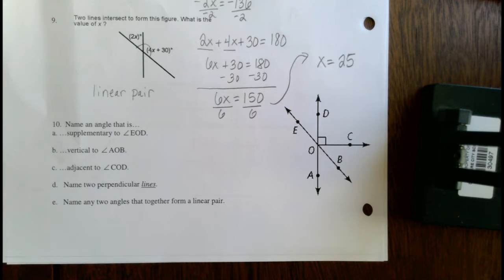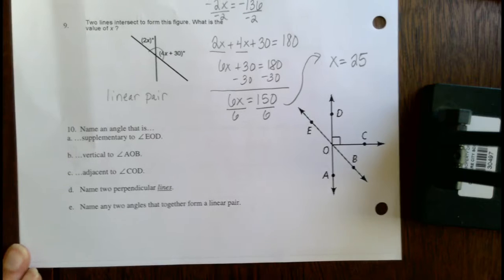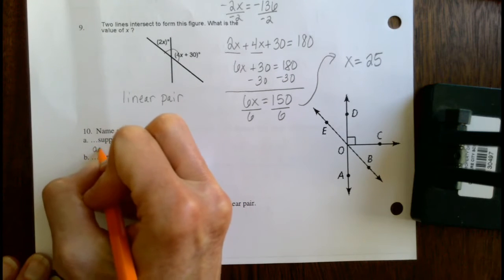As I've said in class, vocabulary is really important in geometry. We need to know what the words mean to answer the question. So the first one says, name an angle that is supplementary to angle EOD. Well, supplementary means adds